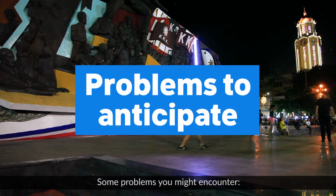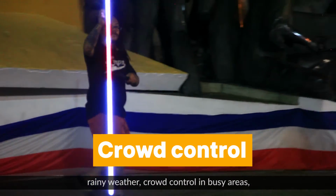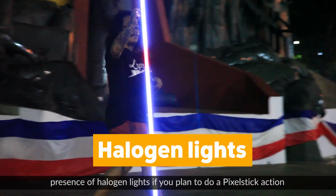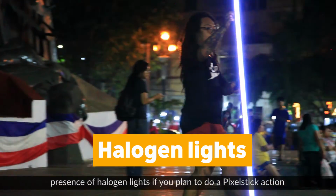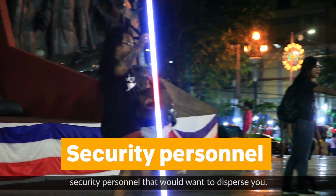Some problems you might encounter: rainy weather, crowd control in busy areas, presence of halogen lights if you plan to do a Pixelstick action in iconic landmarks, security personnel that would want to disperse you,